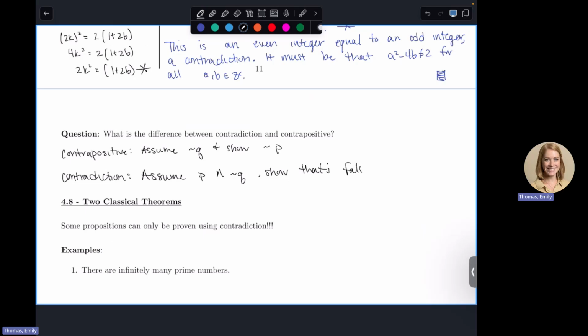Meaning that P does imply Q is true. So the hardest part about doing some proofs is knowing how to start. Should I prove this with a contradiction? Should I prove this with a contrapositive? Should I try to prove this directly? I think probably mathematicians would tell you to go in that order: direct, contrapositive,